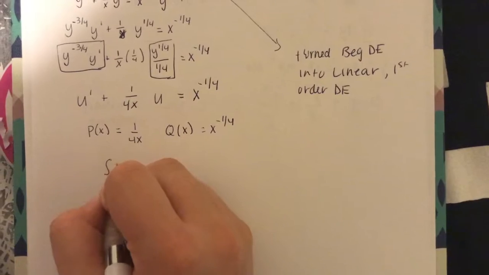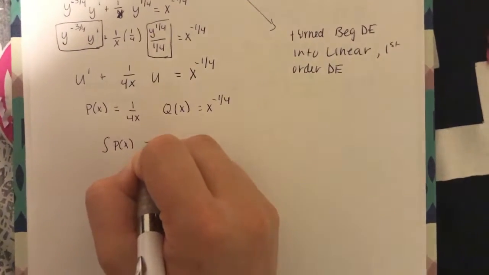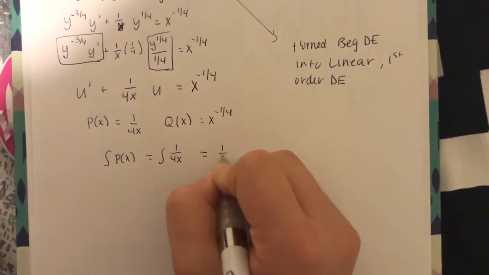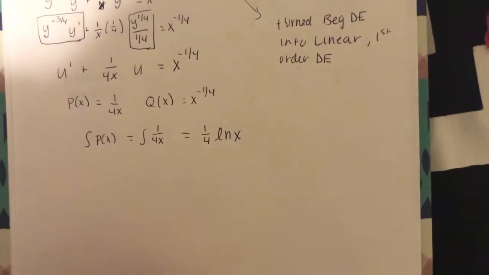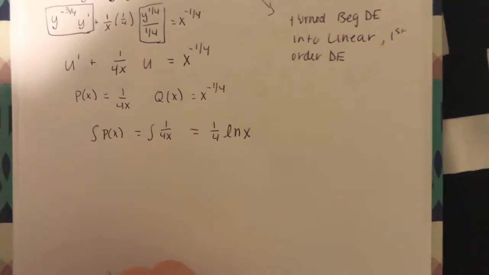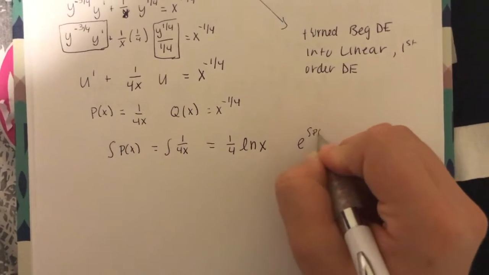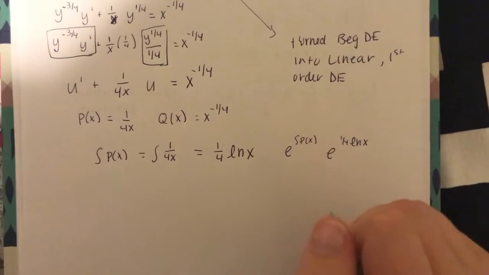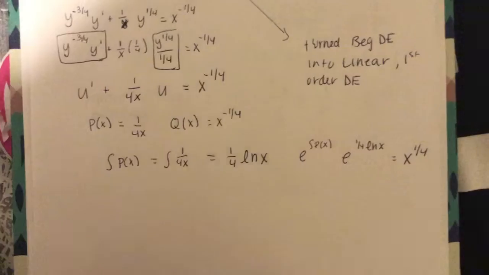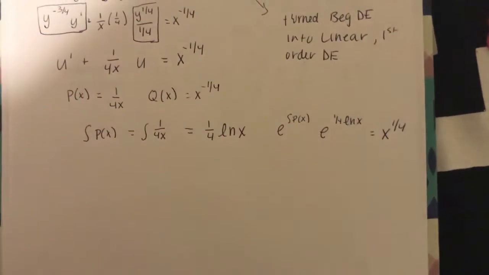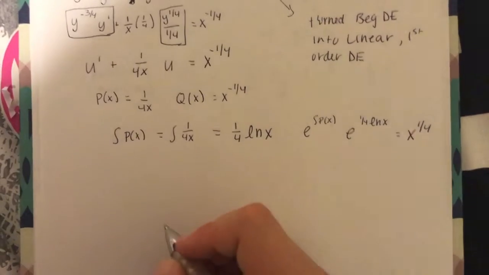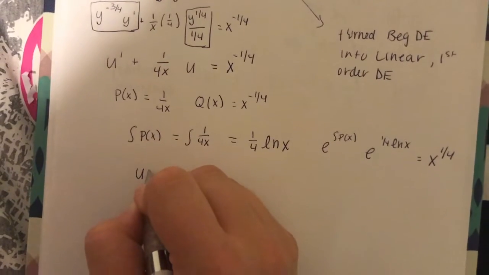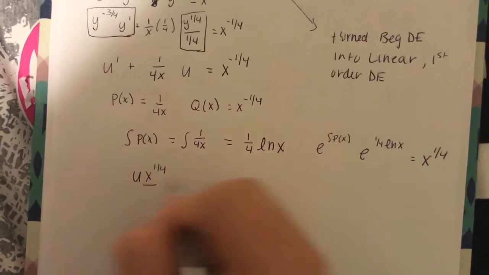So I need to take the integral of my p of x, which is the integral of 1 over 4x, which is 1/4 ln x. Now with this, I need to do e to the integral of p of x. When I do that, I have e to the 1/4 ln x, which leaves me with x to the 1/4 when I simplify the ln and e. Now, once I have my integrating factor, I can multiply u times x to the 1/4, which is my integrating factor found here,